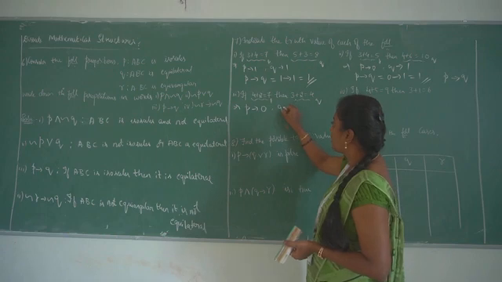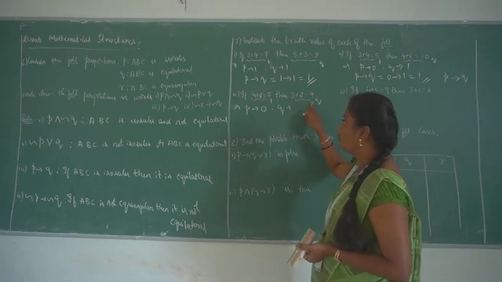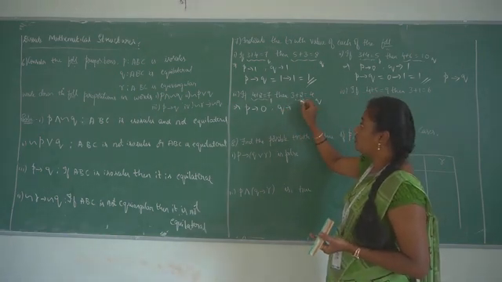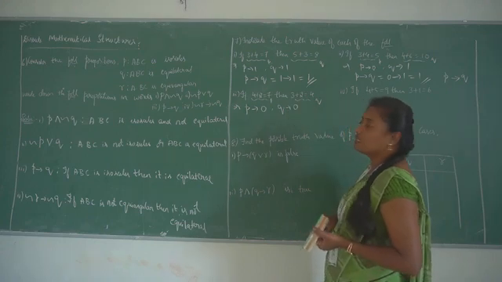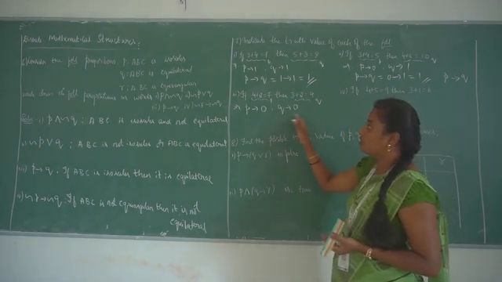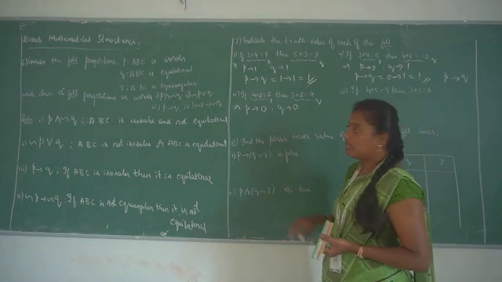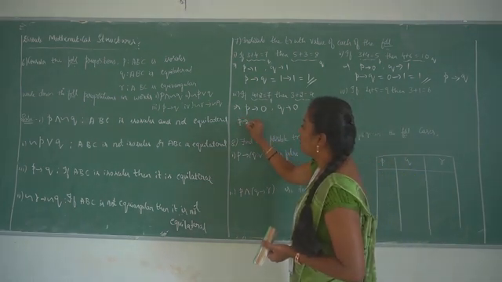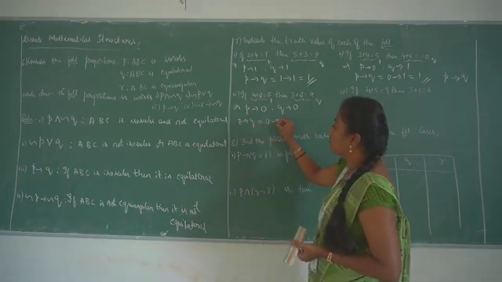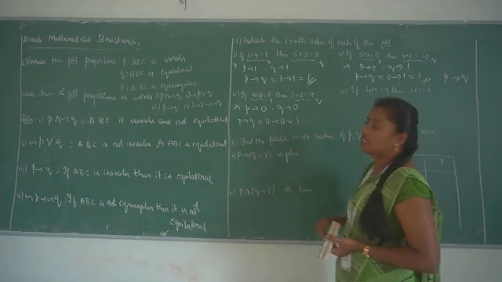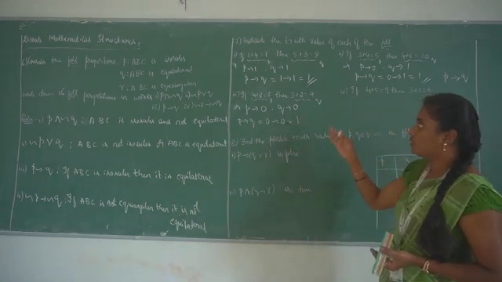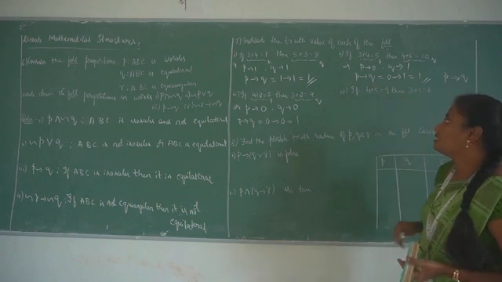And the q statement is 3 plus 2 is equal to 4, which is a false statement because 3 plus 2 is equal to 5. Again q is false. Since p and q are both false, the truth values are 0 and 0. Then if p then q is nothing but if 0 then 0, so the resultant truth value is 1. 0 to 0 is 1, 1 to 1 is 1, 0 to 1 is 1.